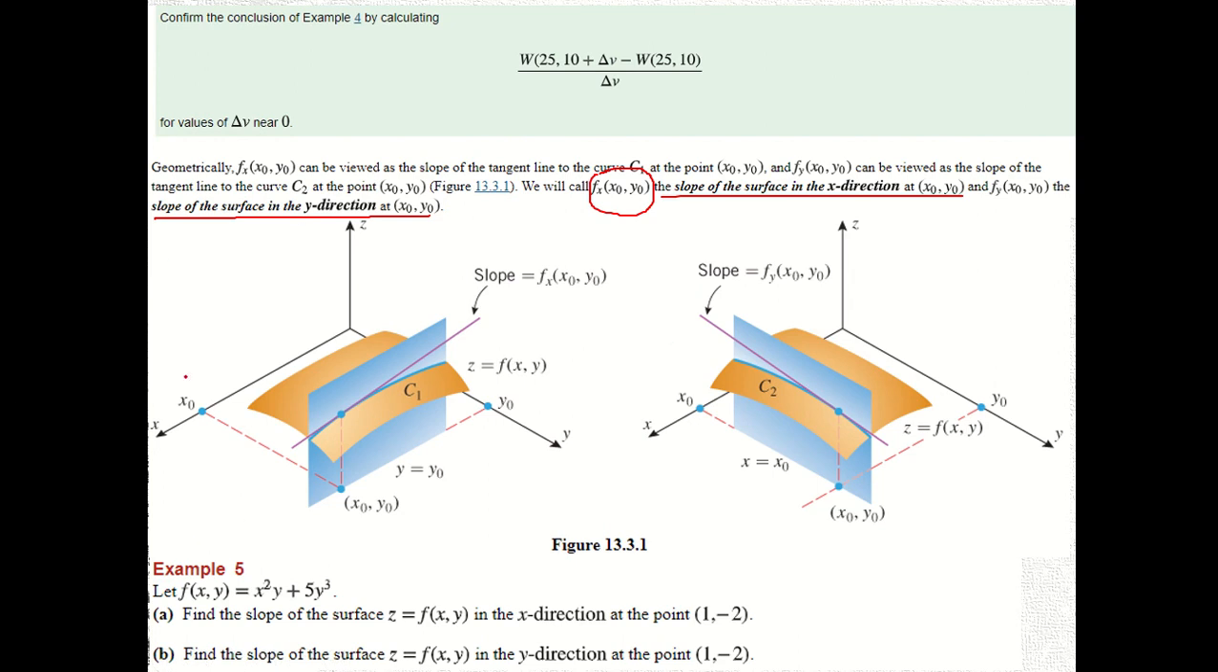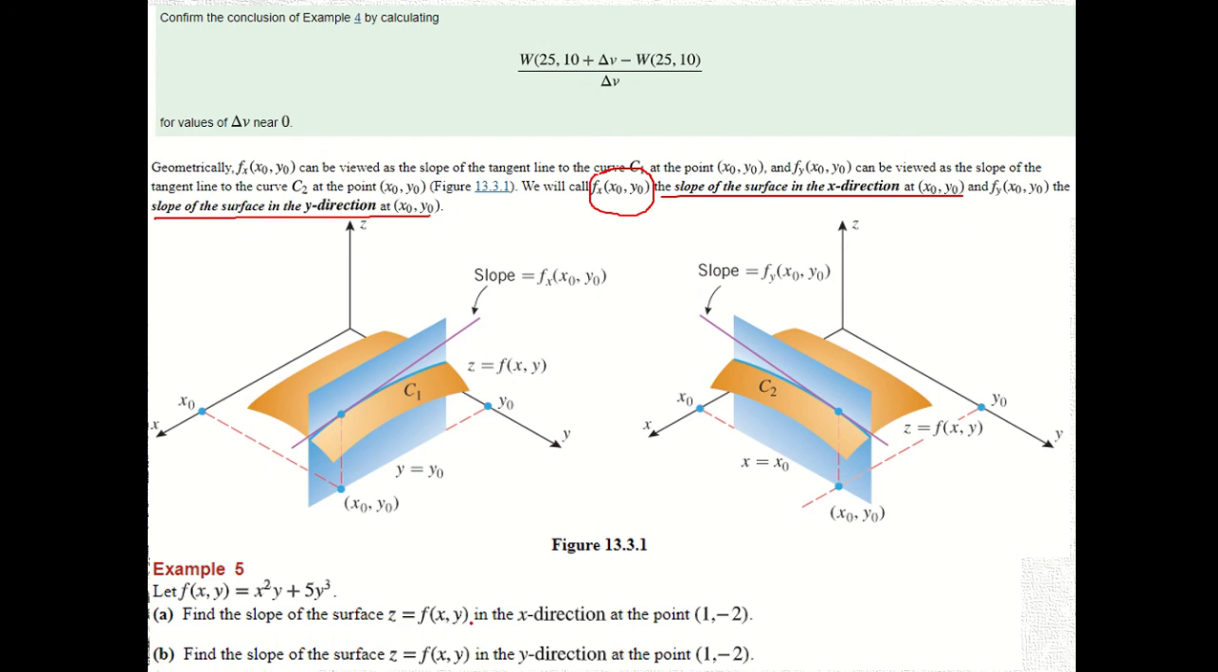Just to expound more about this topic, talking about partial derivative as the rate of change or slope. We have here example number 5. Let the function of x and y equal x squared y plus 5y cubed. So we are asked here for A, to find the slope of the surface of the given function